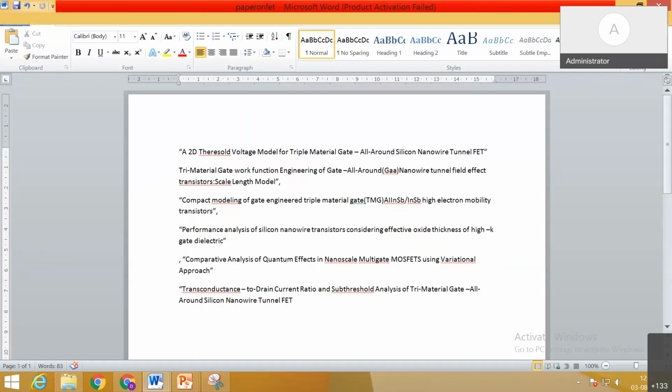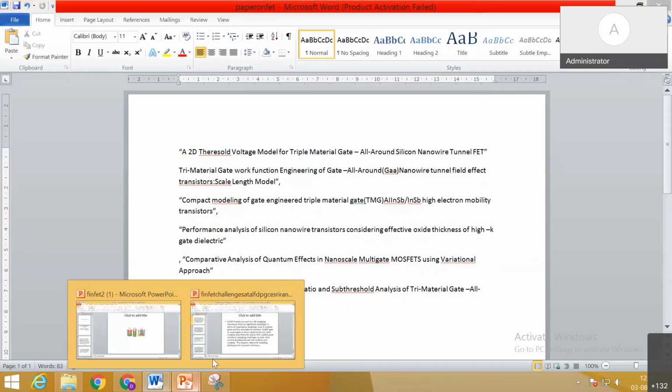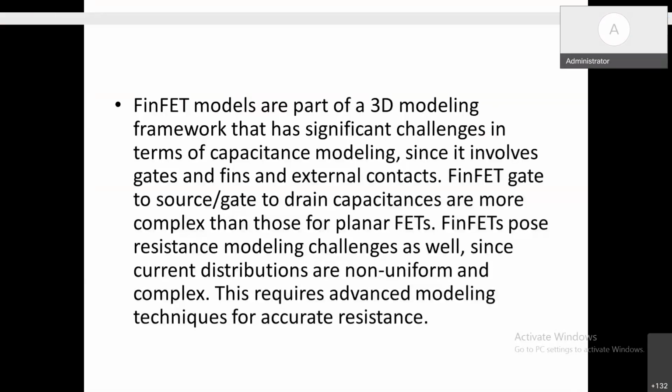In all this research work, they try to model the device, and for the modeled device, they try to find improvement with respect to the existing one. So there is a lot of research work going on in the modeling of FinFETs. You can do this using HSPICE, and some other tools are Medici and Centaurus. You can use them for your modeling.